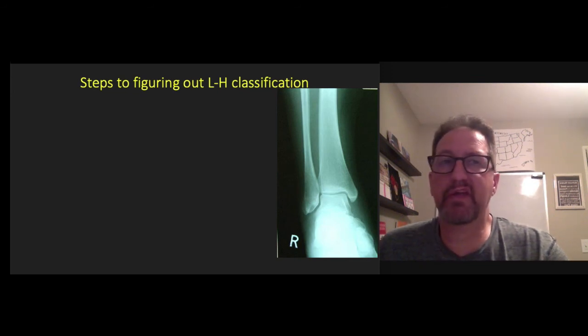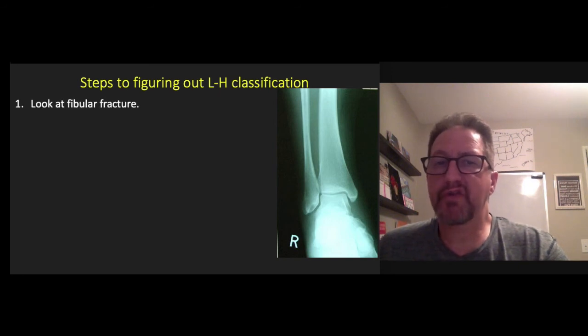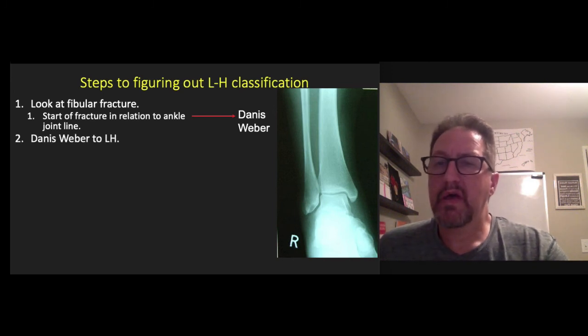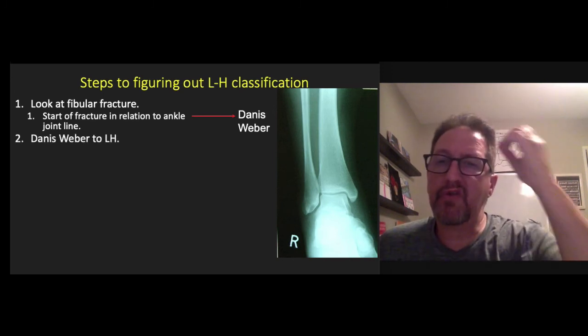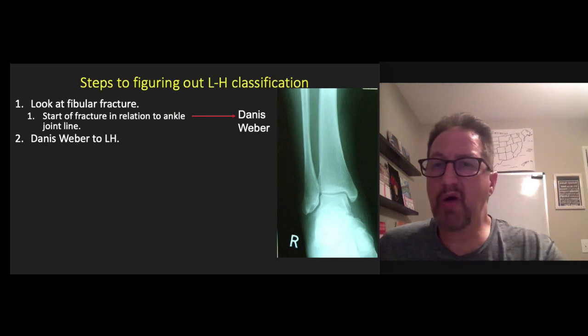I'm assuming here that you know some of this already. The first thing is you're going to look at whatever fibular fracture is there. You're going to find your Danis-Weber,